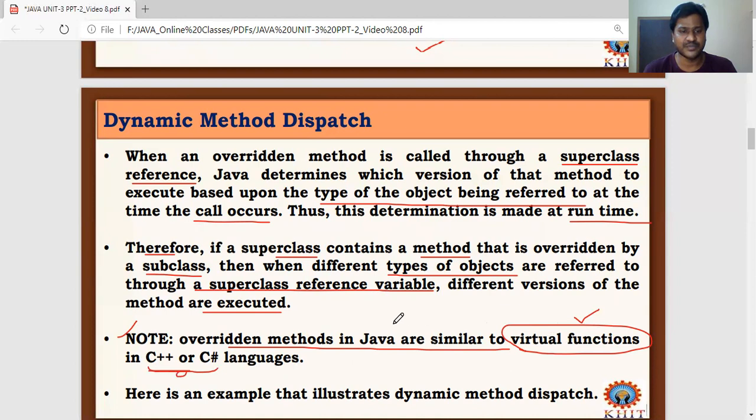Similarly in Java, overridden methods solve the naming problem that occurs during inheritance, where subclasses define methods with the same name as methods in the superclass. We know this problem can be solved using the super keyword. Now we go to dynamic method dispatch. Here is an example that illustrates the dynamic method dispatch concept.